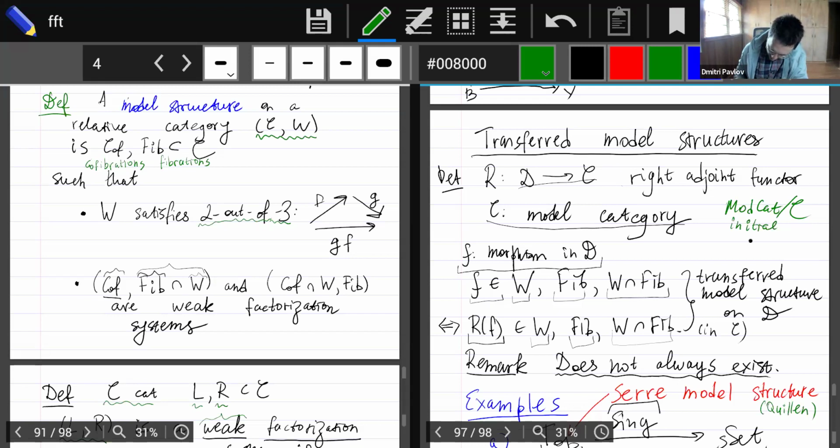Because, well, I haven't talked about Quillen functors yet, but a right Quillen functor must preserve fibrations and acyclic fibrations. So from this definition, you can see that these classes of maps that you generate are the smallest possible classes of fibrations and acyclic fibrations. You cannot have fewer fibrations than the ones we constructed. So it's quite literally the smallest possible class of fibrations and the smallest possible class of acyclic fibrations, which means that in the category of all right Quillen functors, or in the slice category of model categories over C,